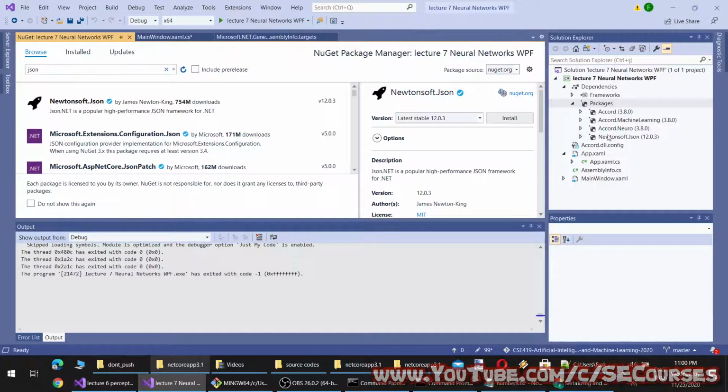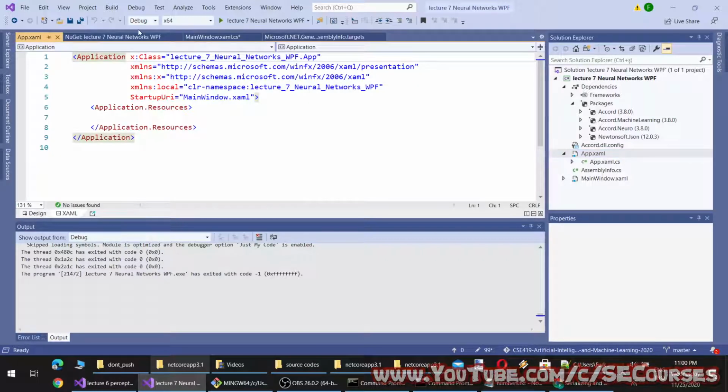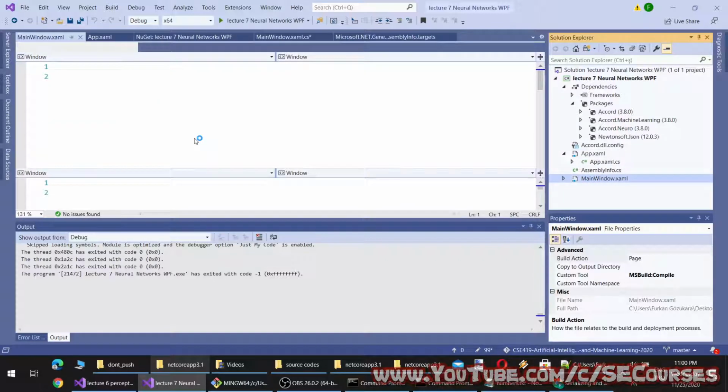Okay, to do that, let's first split our data into test and training.